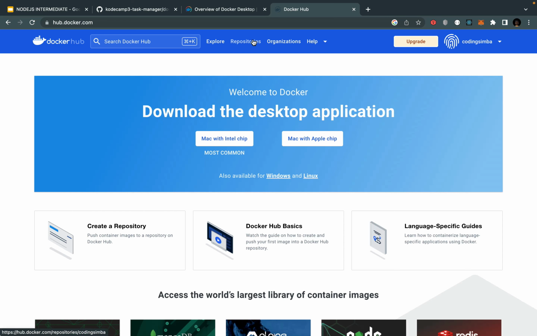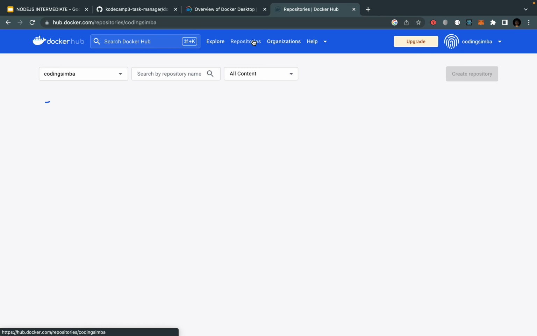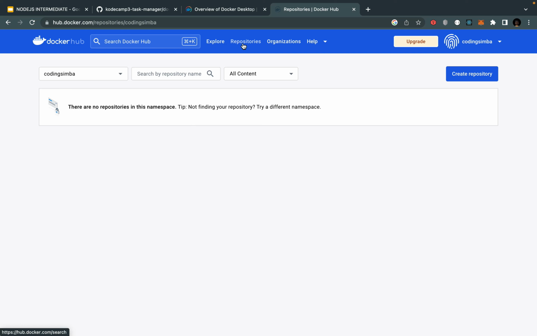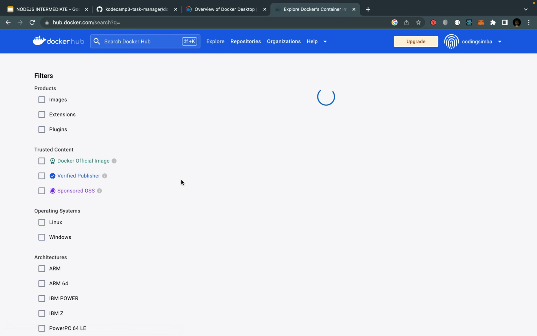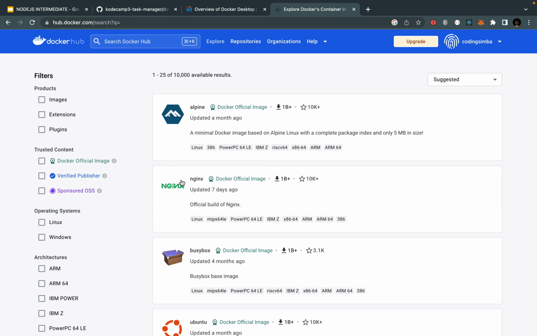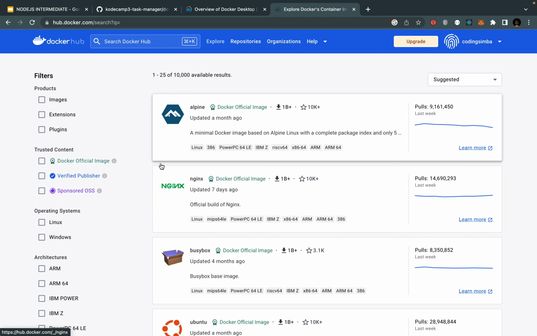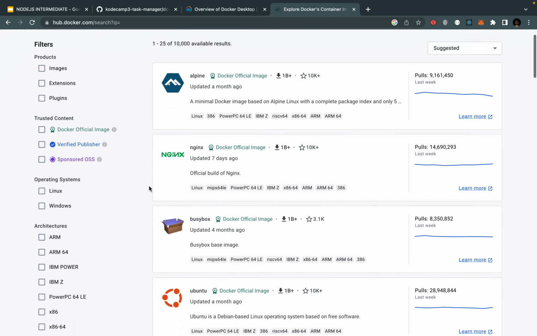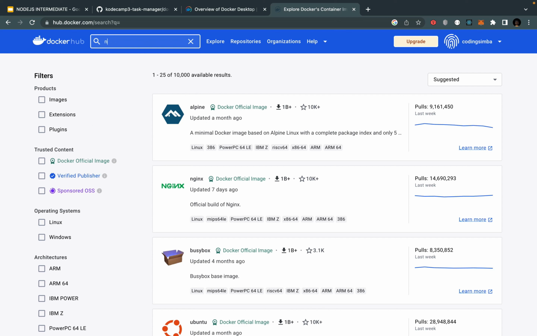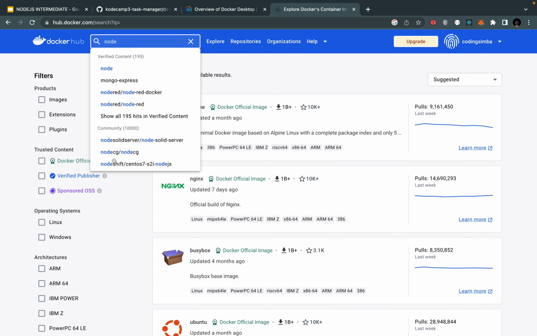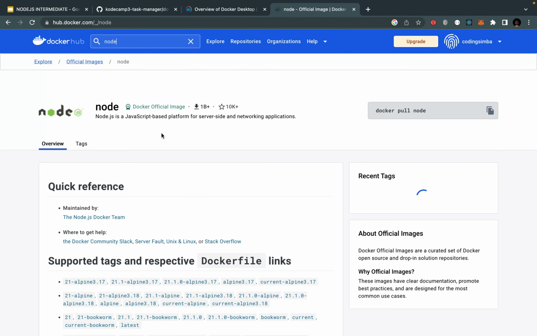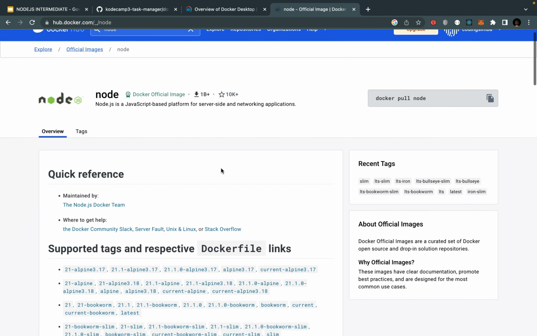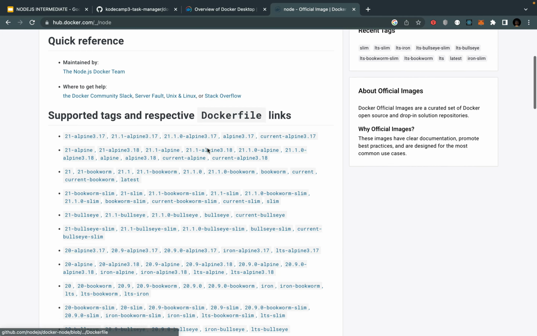And what should I explore here? Okay, I don't have any repositories, but then let me explore. So we'll be viewing the official Docker images. Now let's search for node. Let's search for node here. And when we locate node, we can see we have